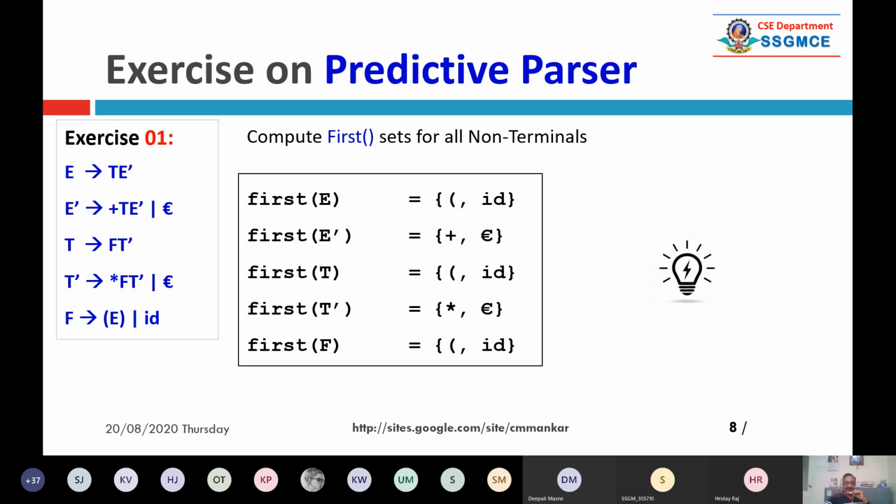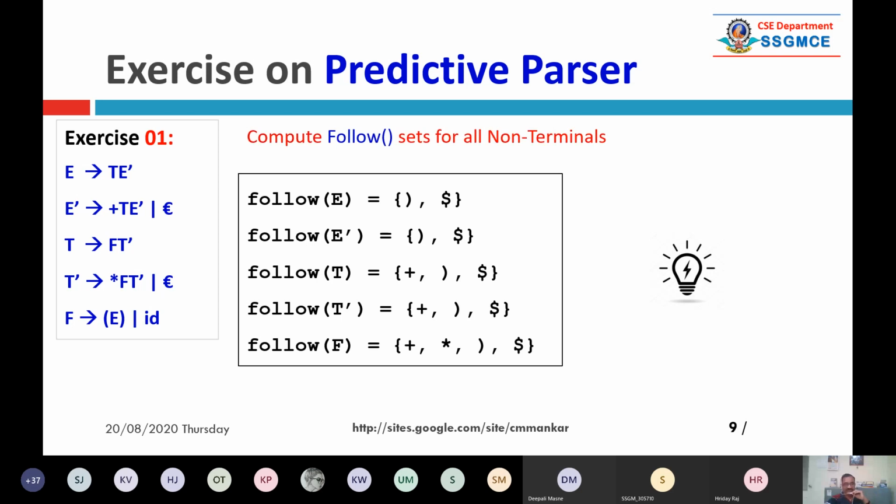Now, the first set means the occurrence of the first terminal symbol on the right hand side when we explore a particular non-terminal. In the same way, we can compute the follow set. So what will the follow set be? It will be the rightmost terminal generated. When we go on substituting non-terminals until some termination, we get the rightmost terminal symbol, a lowercase letter, and that is called a follow set.